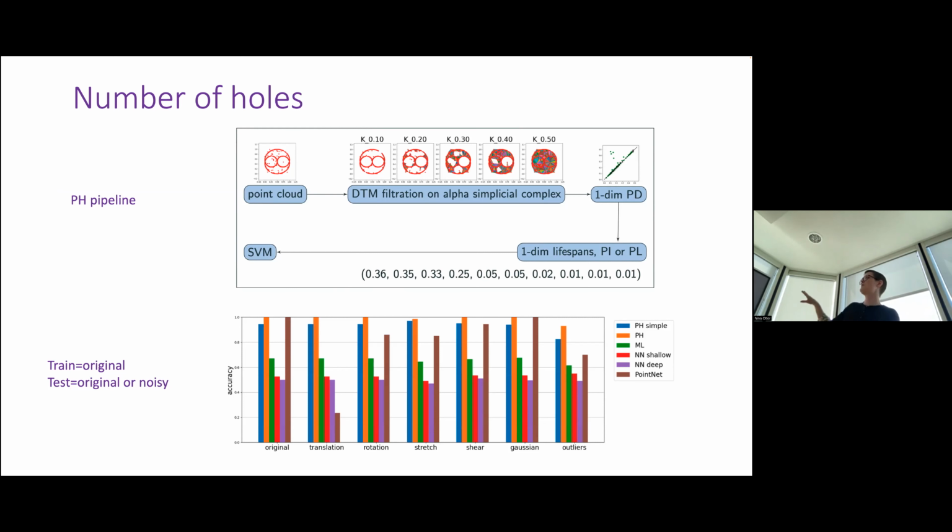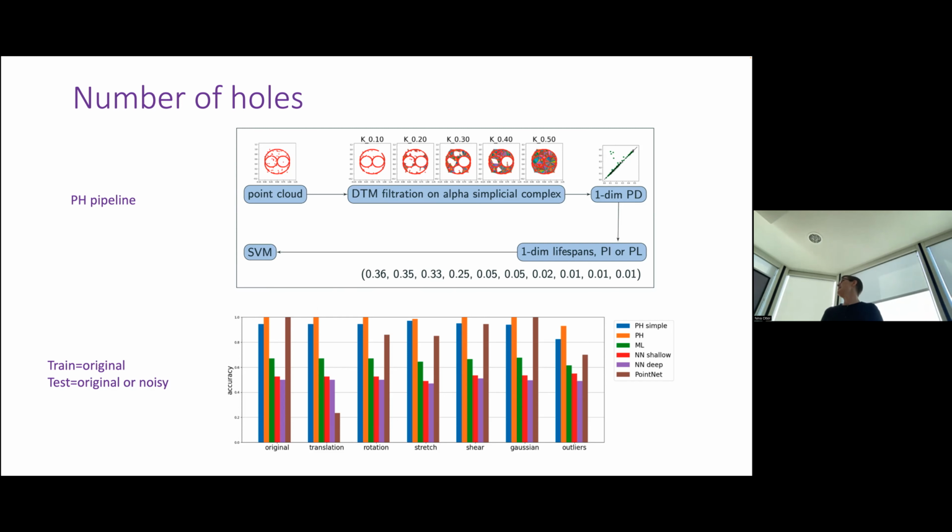Here we were really just interested in one-dimensional holes, so we would look at the barcode just for the holes. Then we would transform this into vectors. There are different vectorization techniques for barcodes, because the structure of the barcode is quite complicated. If one wants to use them with standard classification techniques in machine learning, like support vector machines, one would not be able to use the barcodes directly. So there are some popular vectorization methods like persistent images, abbreviated here with PI, and